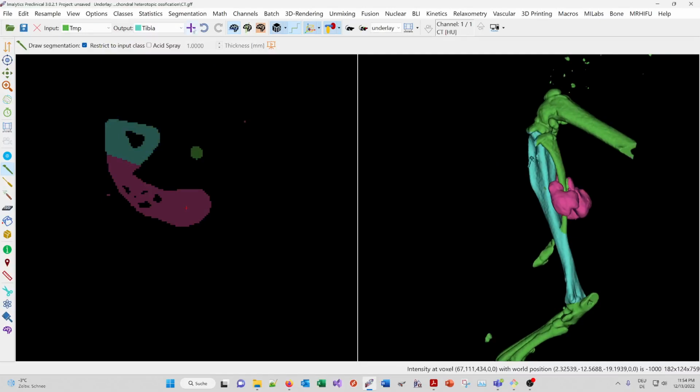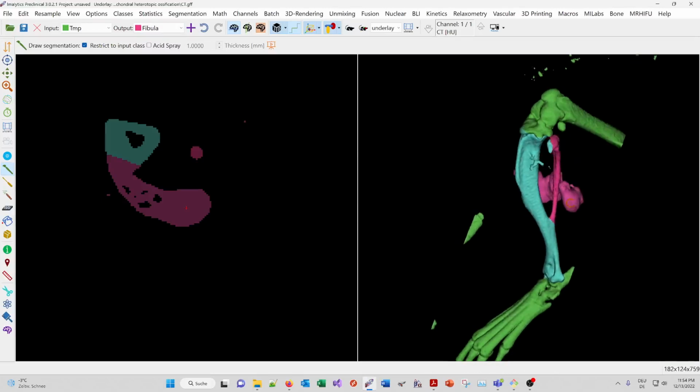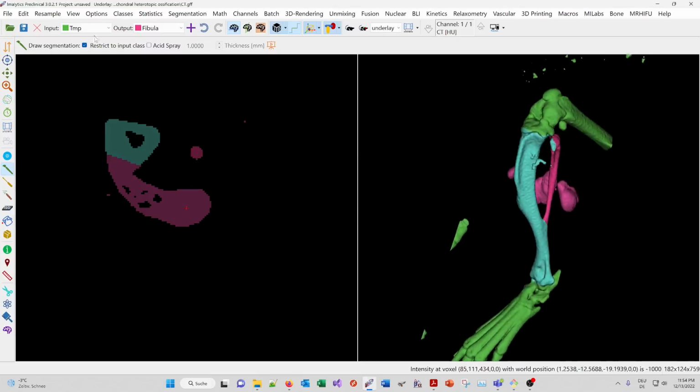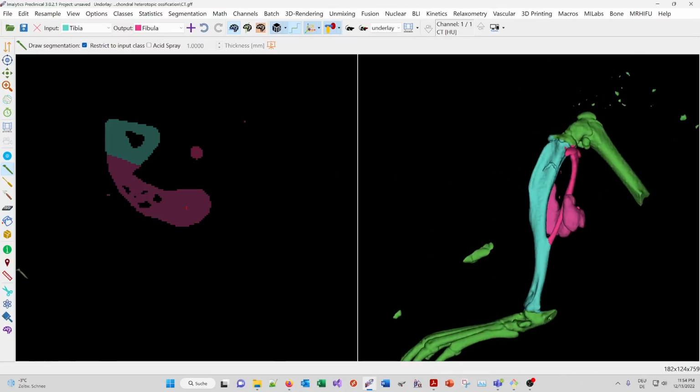And this one is the fibula. And this one also belongs to the fibula, so we can grab it like this. You can also measure lengths, by the way, here in 3D.